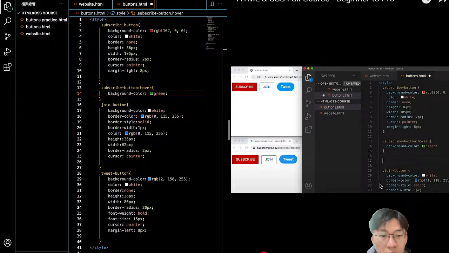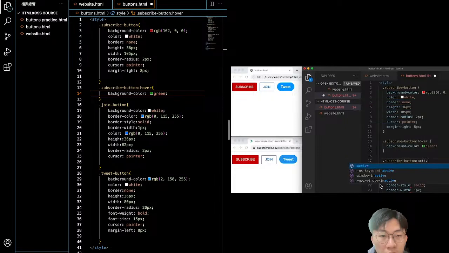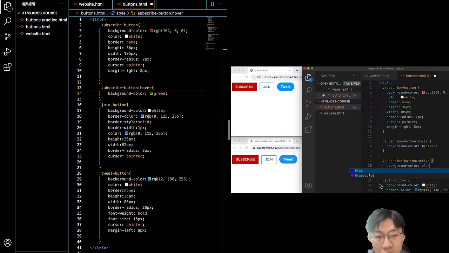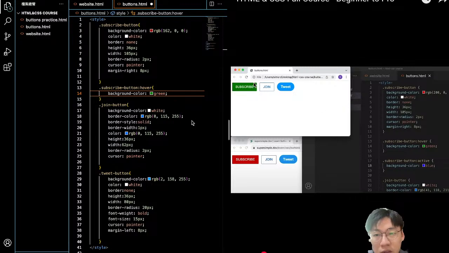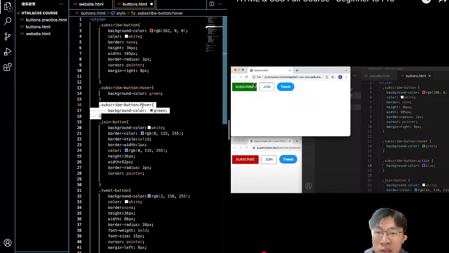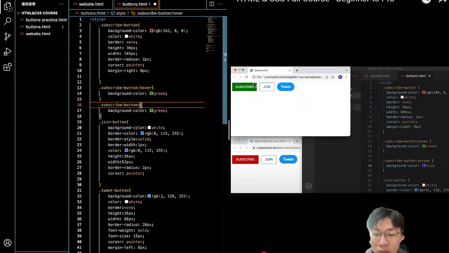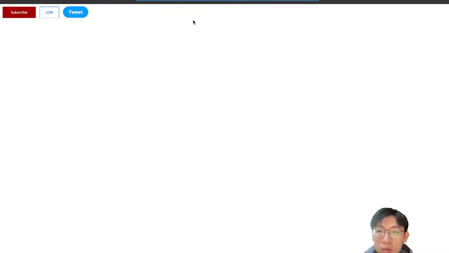An example of a pseudo class is .subscribe button :active. So the active pseudo class activates when we click on the element. So when we click on the button, we can set the background dash color to blue. Let's save this. 所以 hover，active 这样子，然后换成 blue。好，那我们来试试看，放上去变绿色，然后按一下，你有没有看到变蓝色？